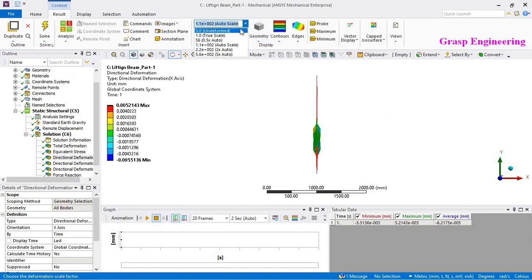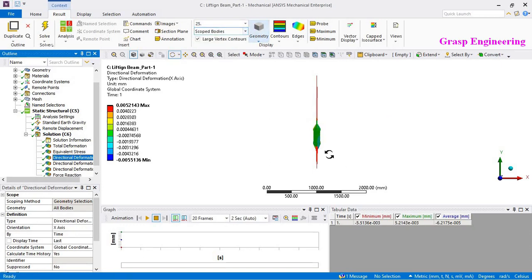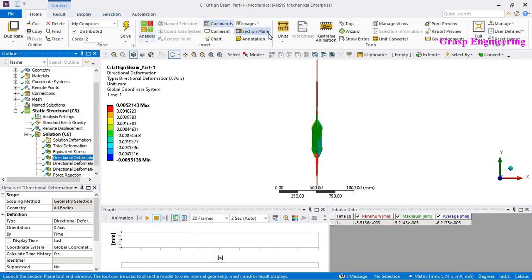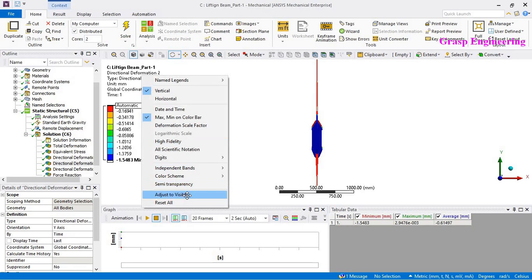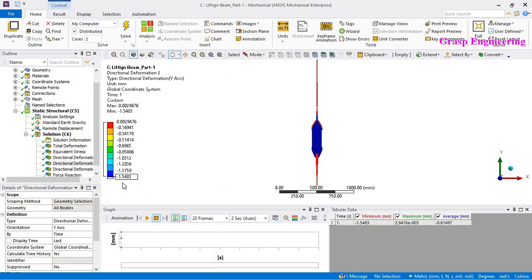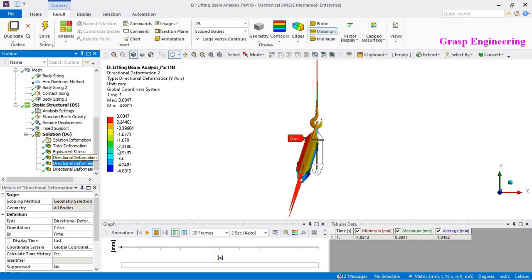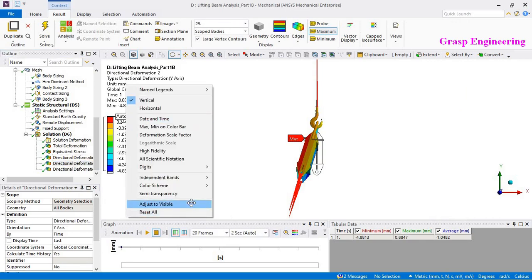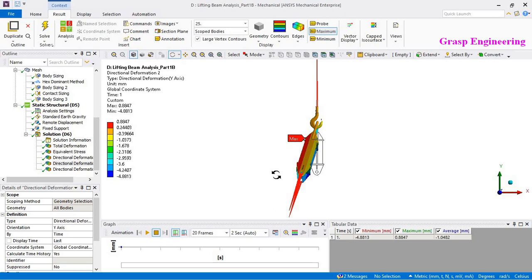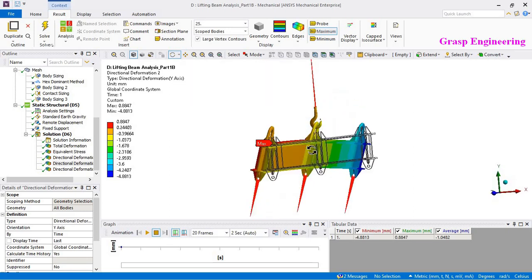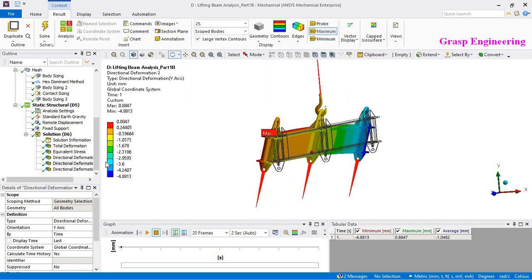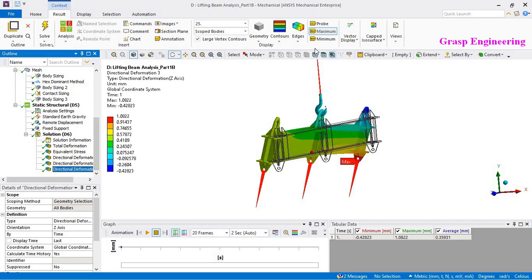Let's see the directional deformation, duplicate without results, then duplicate without results furthermore, then evaluate the results, and let's see how the deformation is happening. So let's put over here like 25 further. Now if you see, I will make it metric y. So y axis deformation is 1.5, which is the same as in our present video here. If you see y axis, okay, it is higher, that is 4.8. And even Z also you will find some of the deformation.